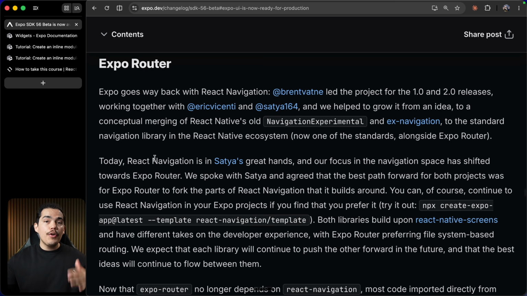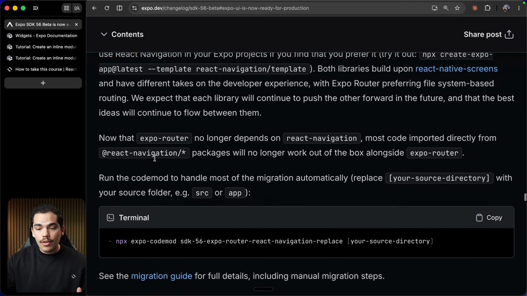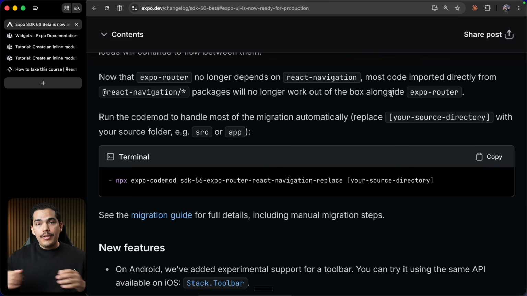That is amazing. Moving on to more big news, Expo Router no longer depends on React Navigation. Most of the code imported directly from React Navigation packages will no longer work out of the box alongside Expo Router. This is pretty big news because all this time Expo Router has been based on React Navigation, and that's no longer the case. The main reason why this happened is because when there was an issue or bug